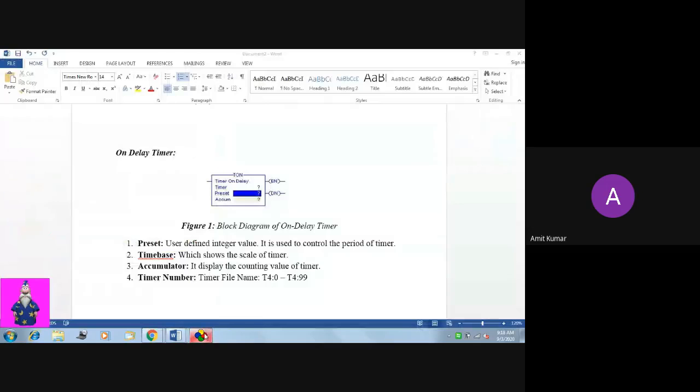Now we will talk about the number of bits present in this timer. So first is your enable bit. So when the enable bit is high,